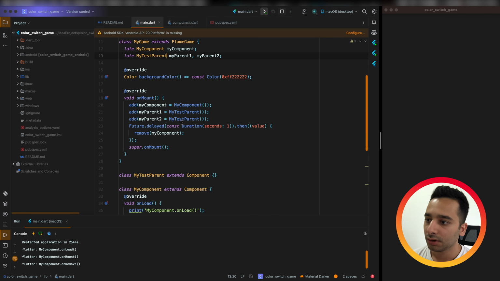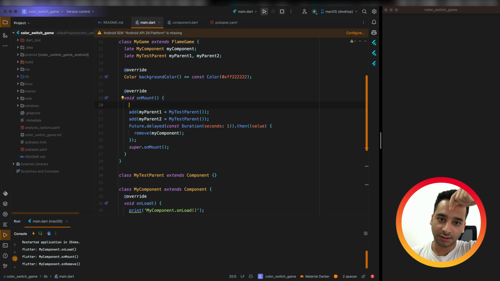And instead of adding and removing the component to the game, we are going to add and remove them to the parents that we added. So we have the game component on the top of the component tree, and then we have 2 parents, and in each parent we are going to add and remove our component to see what happens.